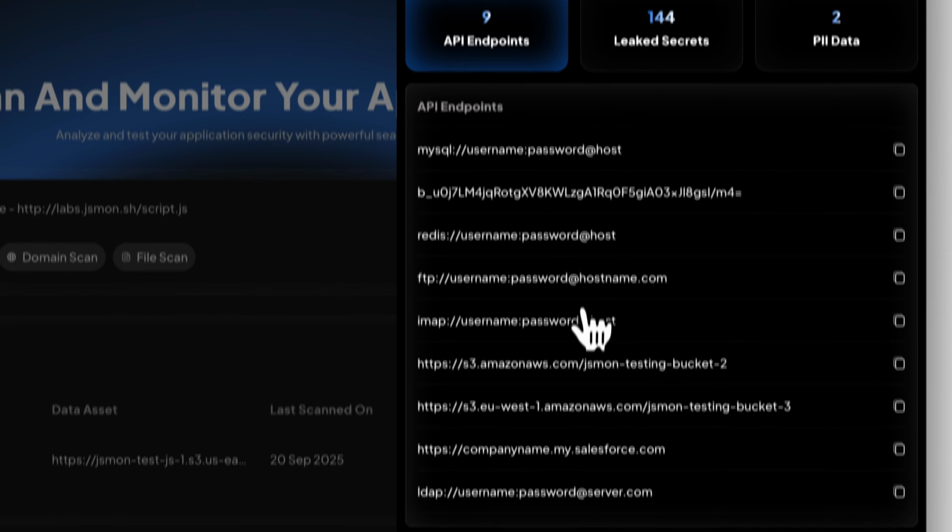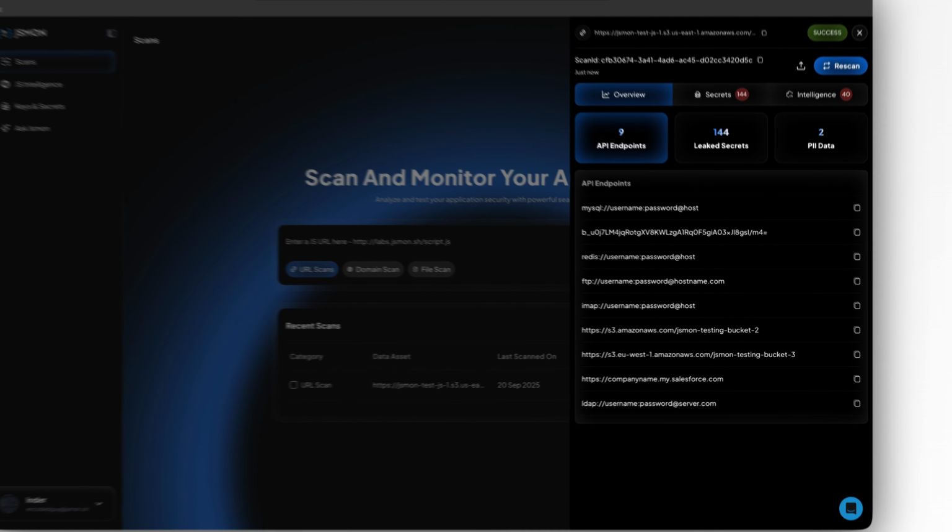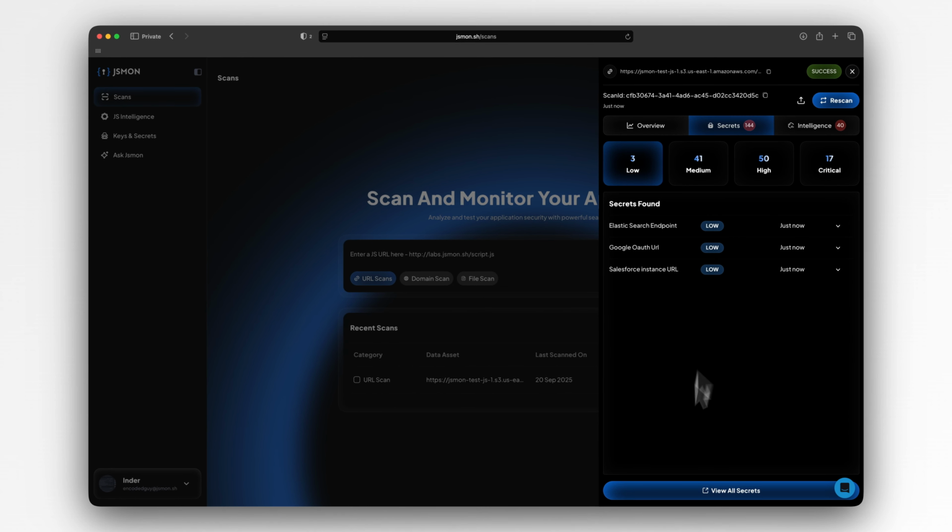But you can only see the first 10 or 25 entries. In order to see all the secrets, you need to click on the View All Secrets